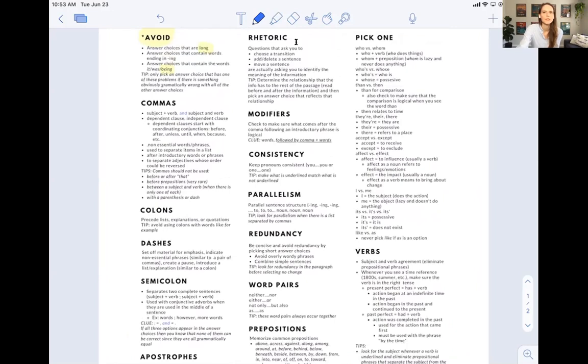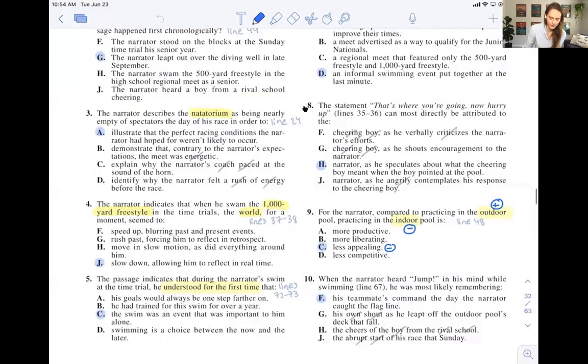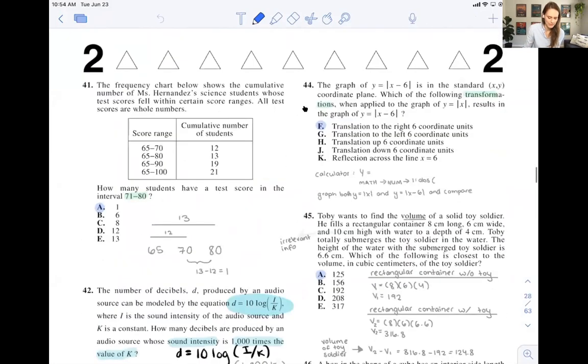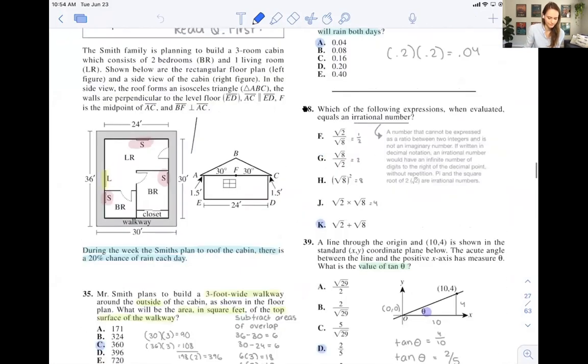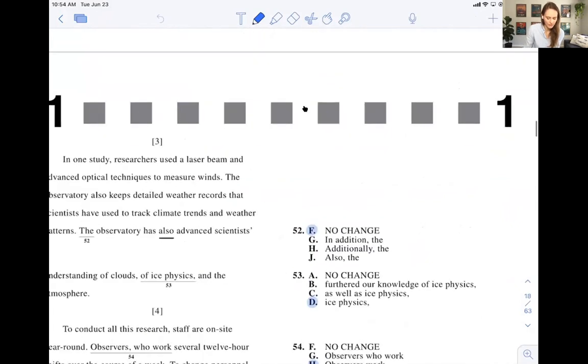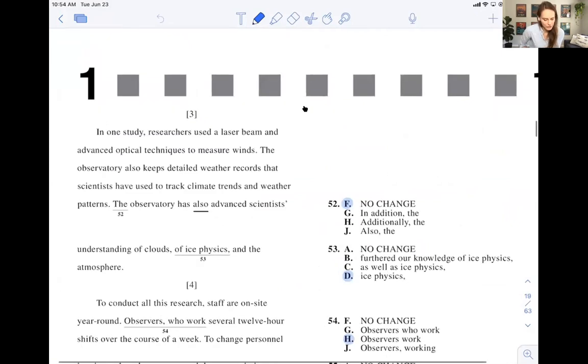Let me see if I also had questions submitted for the English section. I think I did. So we'll look at a couple of English questions. Oh, I have 2 questions submitted. So let's look at those. So 52 and 67. Ooh, it's a good one to look at. So 52,